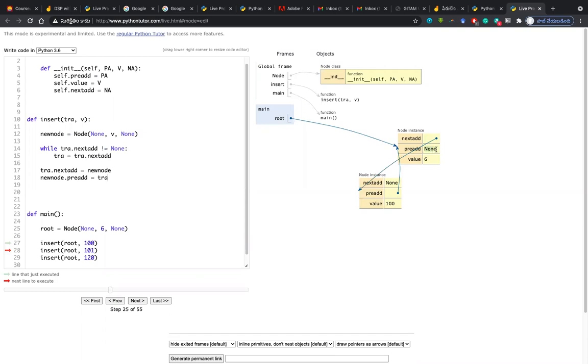And because the root is only the first node, its pre-address will always be none. So in a double linked list, the last node's next address is none, and the first node, that means the root node's pre-address is none. So we are satisfying this one. So see, simply adding this statement really helps you. Now, again, we will go back,